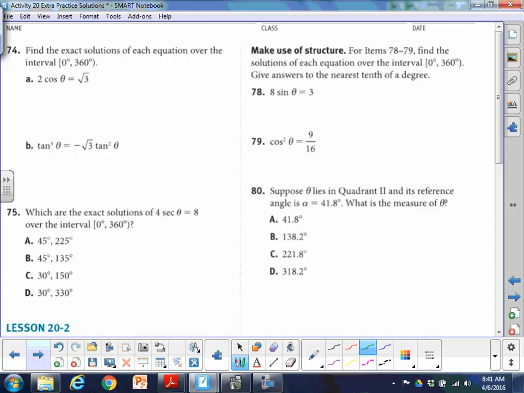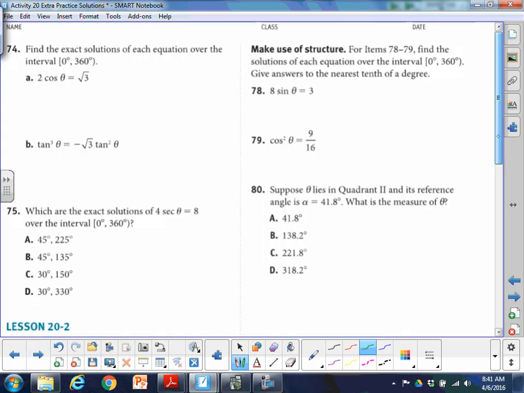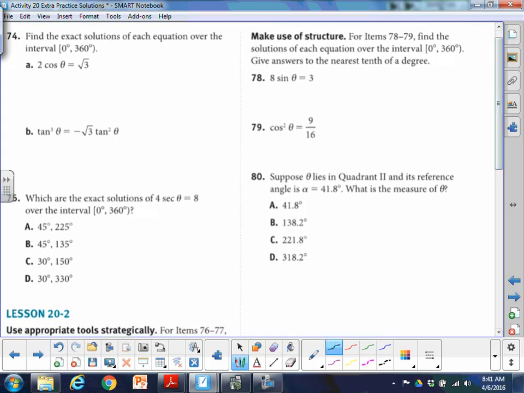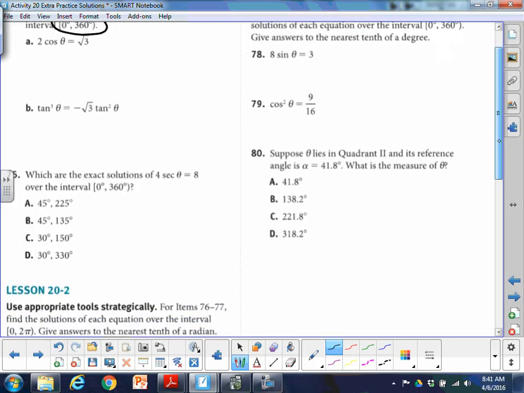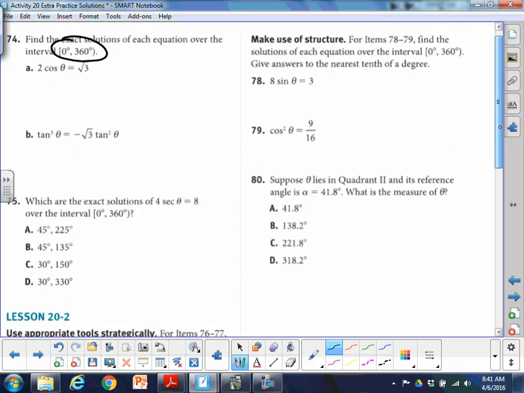Okay, let's look at a couple more here. We'll do one of these for number 74. It looks like, let's do part B. That one looks a little messier. Plus, we haven't done a tangent one yet. Just notice this one wants us to be in degrees, and we want to be within 1 revolution, so anything between 0 and 360. Okay, so part B,